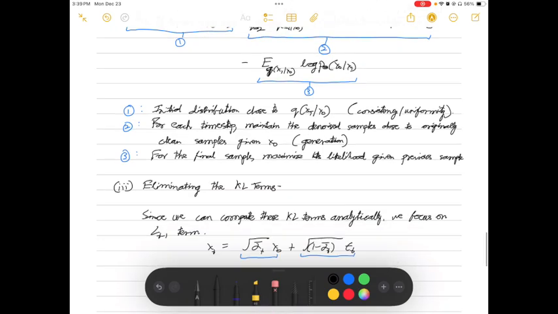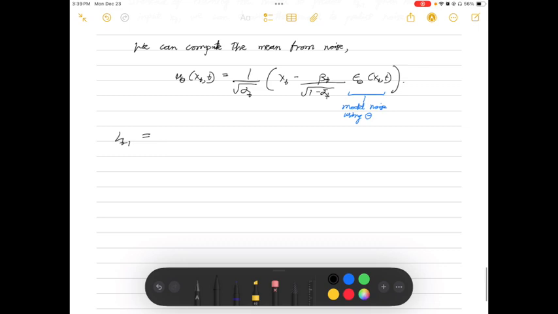So that will give us expectation over x0 sampled from the initial distribution x0, the true noise sampled from a unit normal distribution,